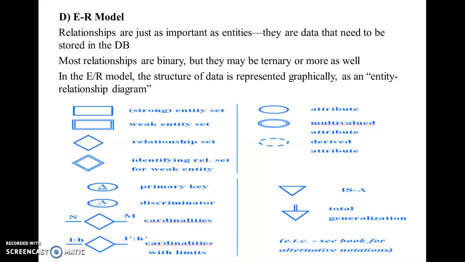So what is the ER model? ER model is nothing but the entity relationship model. The task of the ER model is to describe the contents of a database by means of particular graphical symbols. The relational model describes data in terms of tables. The hierarchical and network models describe data in terms of a hierarchical diagram or network diagram. But the ER model or ER diagram describes your database by means of particular graphics or symbols.